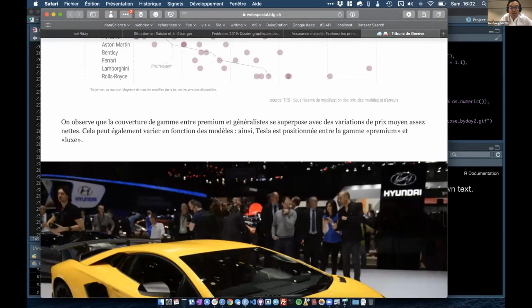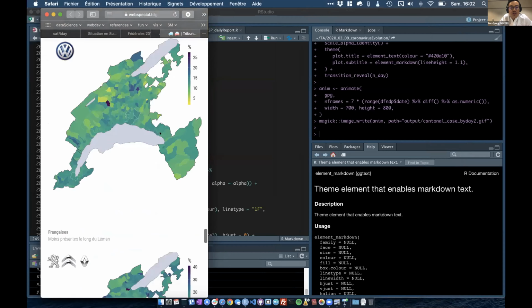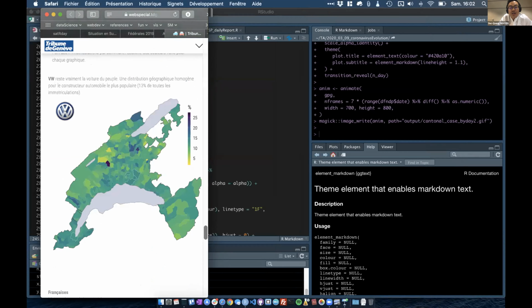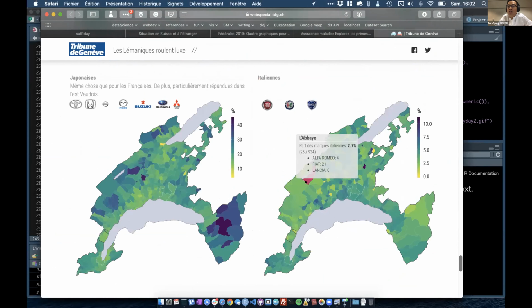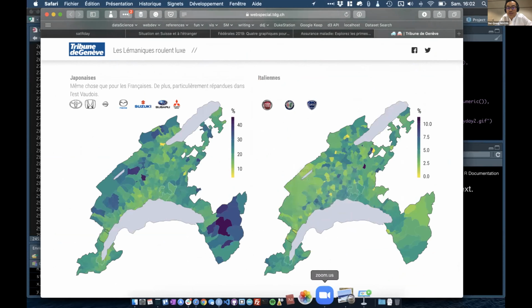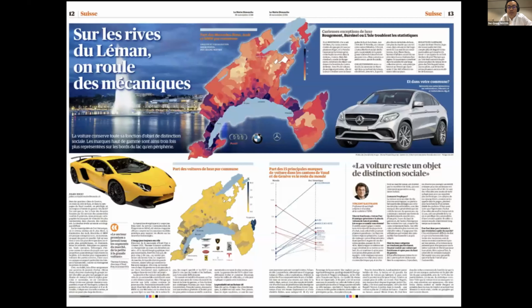Also here, more maps that were laid out with Bootstrap to make, for instance, a grid on desktop and one column on mobile. So that's it for this light story. Those graphics also ended up in the print edition, although I thought they did a horrible job laying out this page.